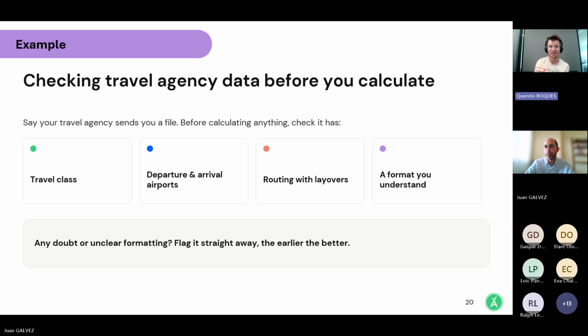And what is important is just to understand what is in here, and also make sure that you are able to understand the format. For example, for the airport, it's a code. Most of the time, it's an international code that you will have to look at to see which airport is which code. And really, if you have any doubt in this first look, be sure to flag it straight away,